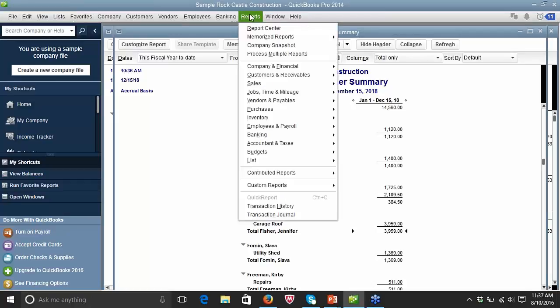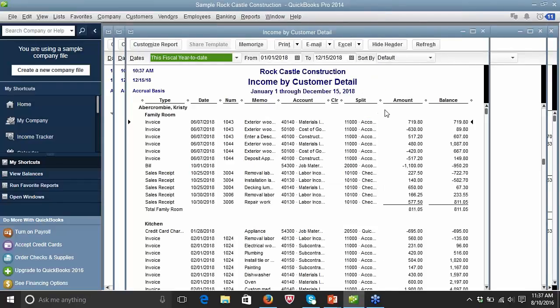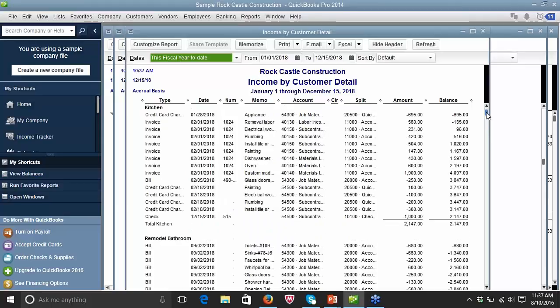Now let's compare that, doing a customer detail, and then you can actually get down to exactly what invoices were involved, what sales receipts were involved, what they've paid, what they haven't paid, and you can get a very quick assessment of any customer with the detail from your accounting system.